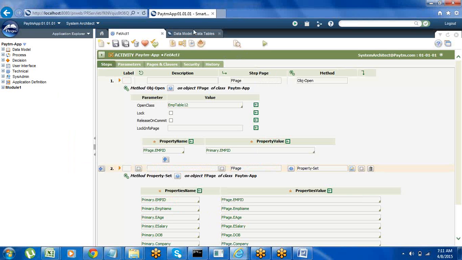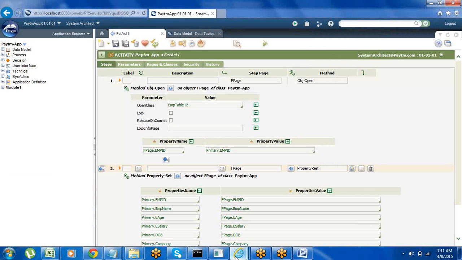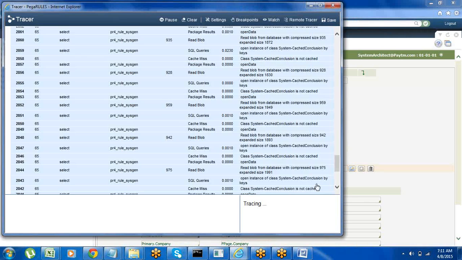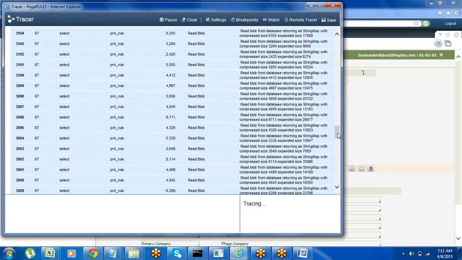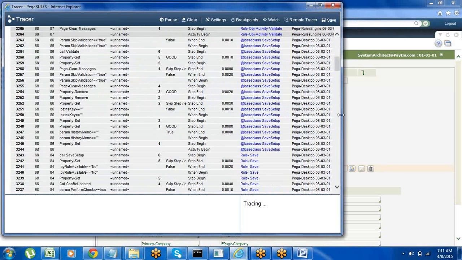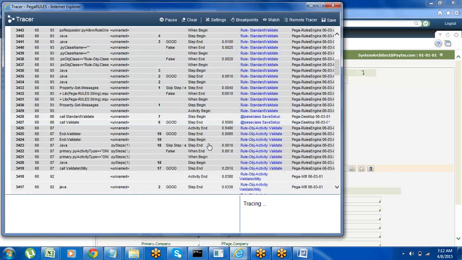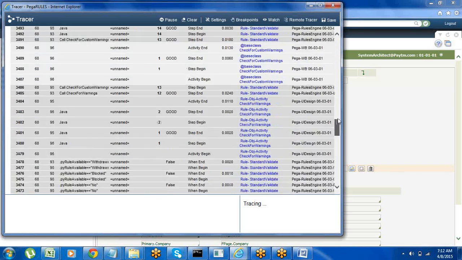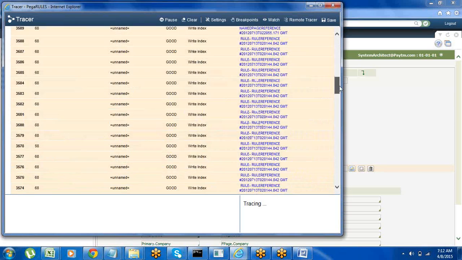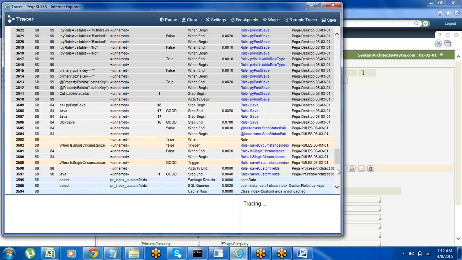Suppose there is any error in the activity, it will show in this format. If the status is fail, we have to look for the error. If it is showing the status as good, or unable to open, false, there is no need to worry. Only whenever it shows the status as fail do we need to check the lines. Now the issue is removed, it is resolved right now, it is not showing any message.